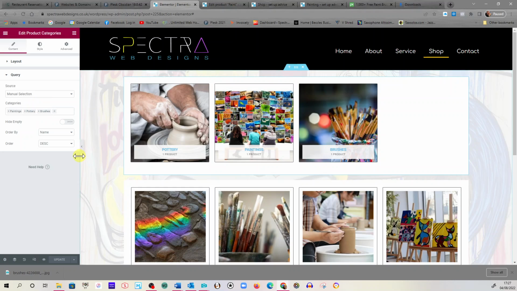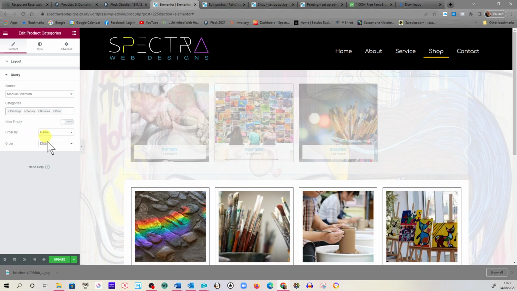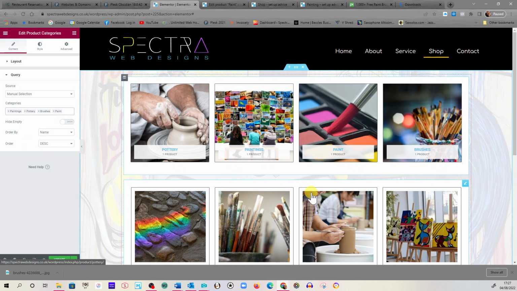We go to query and you can see now we've got this plus sign. That means there's categories there we can add that aren't being used. As you saw just before I did that, there was nothing there. So click on that and there's our paint. It'll appear on the page. If you want your categories in a certain order,